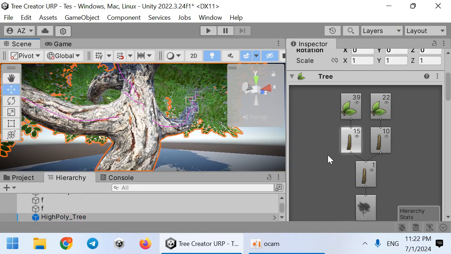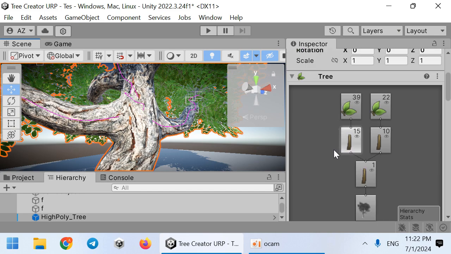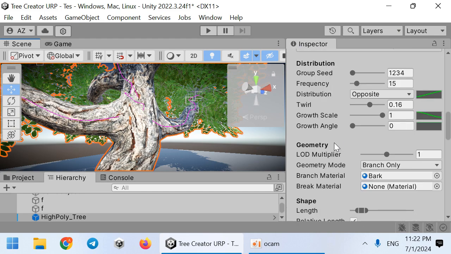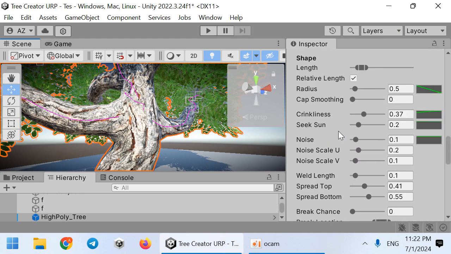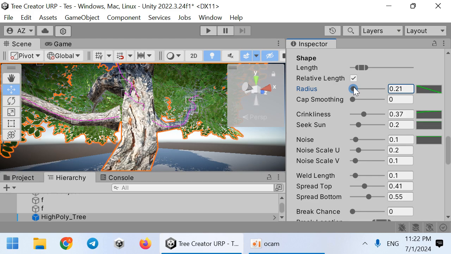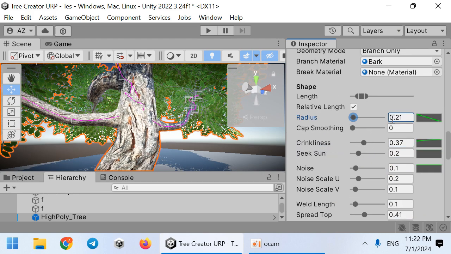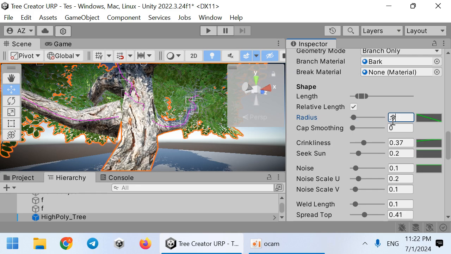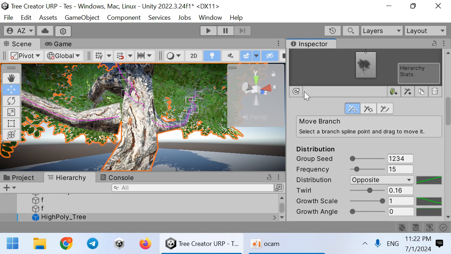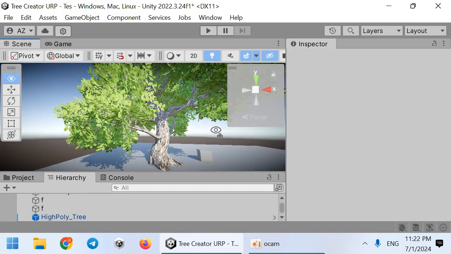Also you can reduce the overall radius to make your tree more